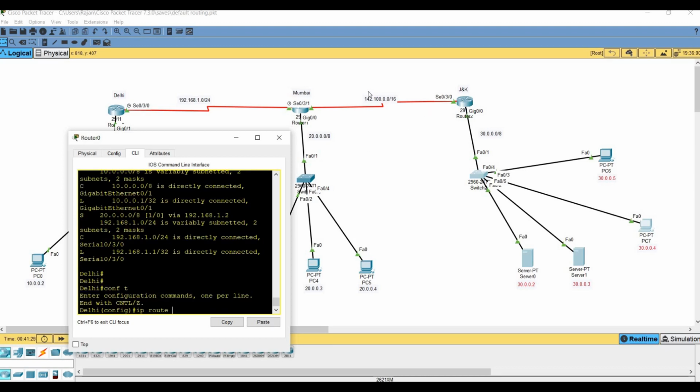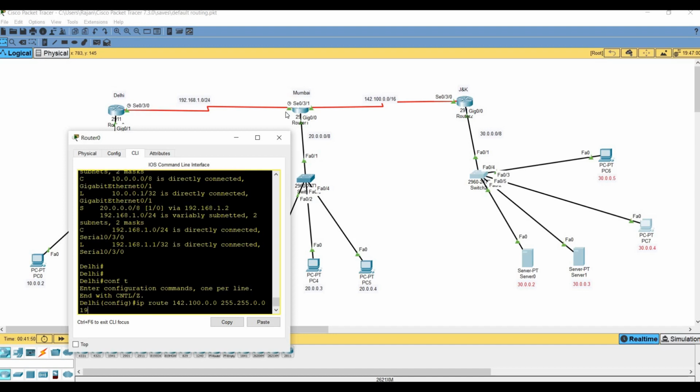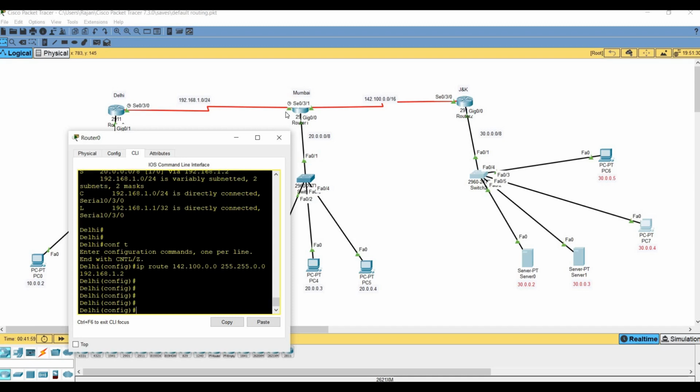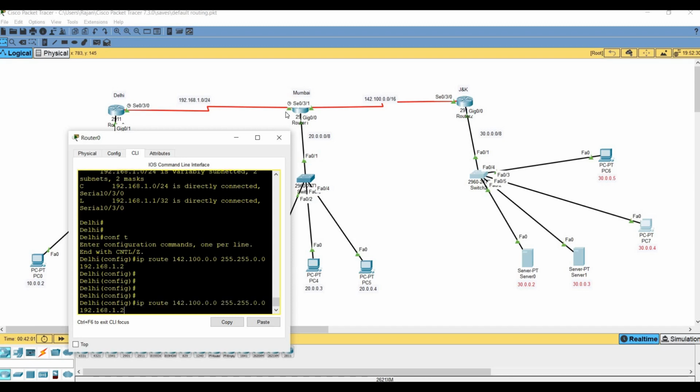Our next network ID is 142.142.100.0, subnet mask 255.255.0.0 and the next hop. The next hop will be the same for this network also. Let's enter 192.168.1.2, added.